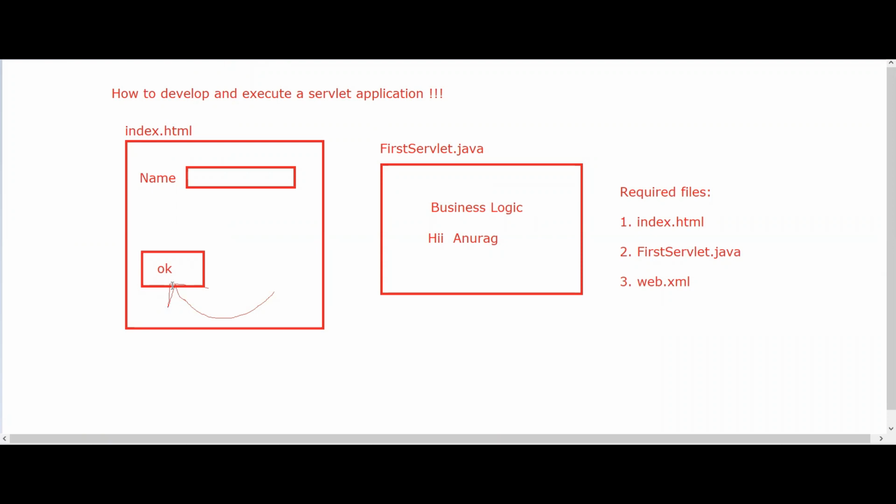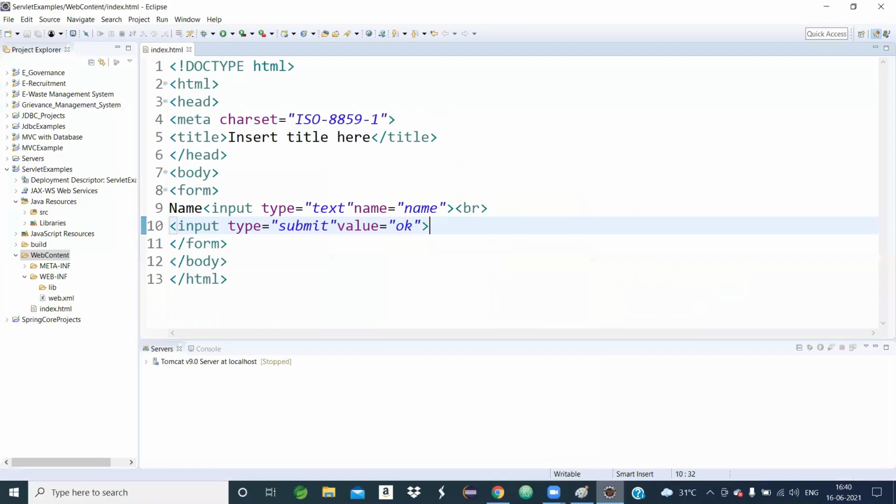How I will write it is very important: form action equals to your servlet name, FirstServlet.